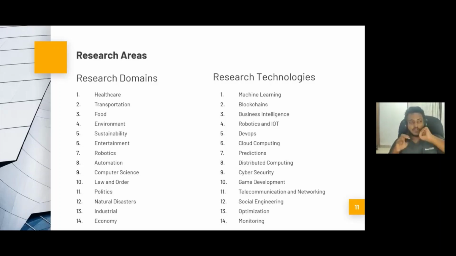If you just want to pass the module and get the degree, you can simply get a machine learning dataset, train it in a machine learning algorithm, and show I have used machine learning, blah blah blah. I am done. Can I have a degree? It's up to you. But if you have a brain and if you remember the things that I have said earlier,